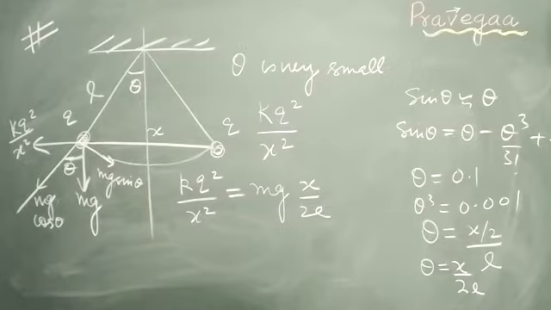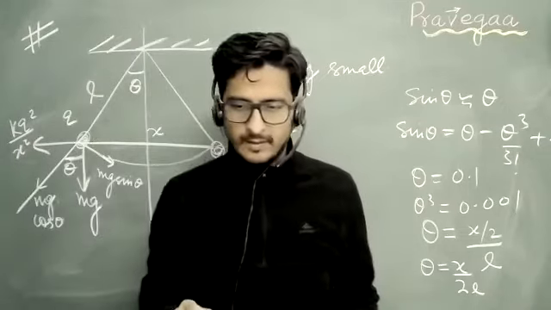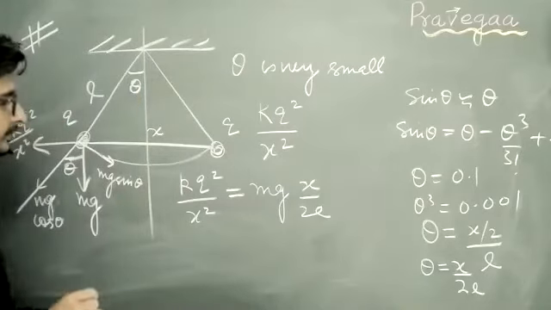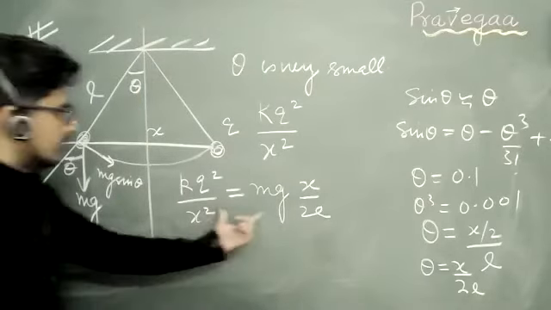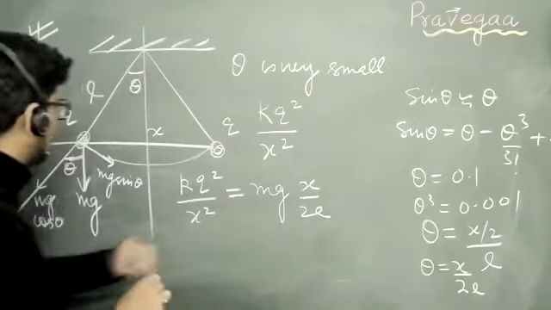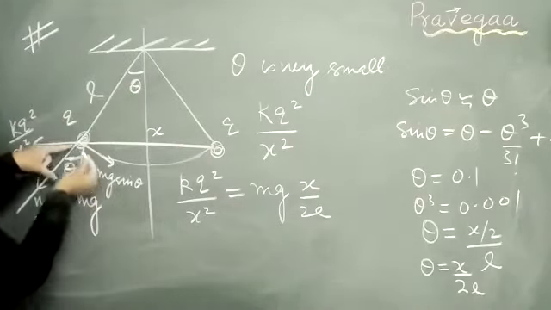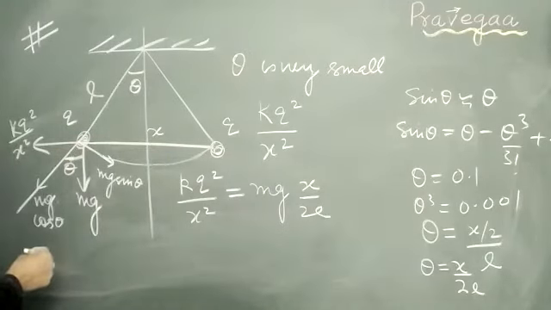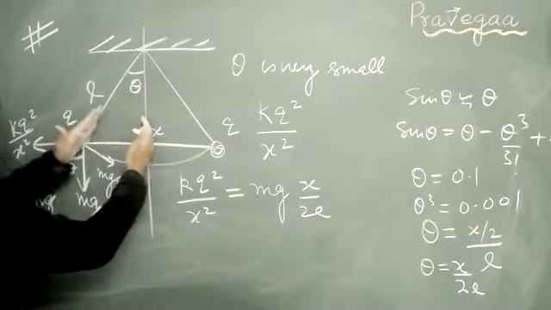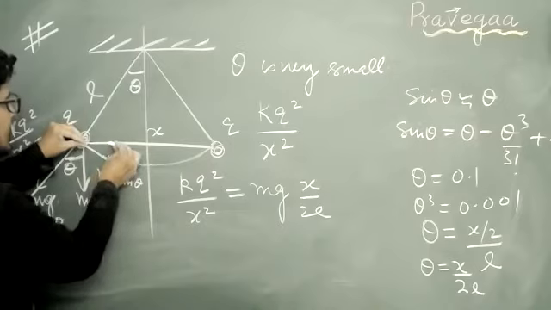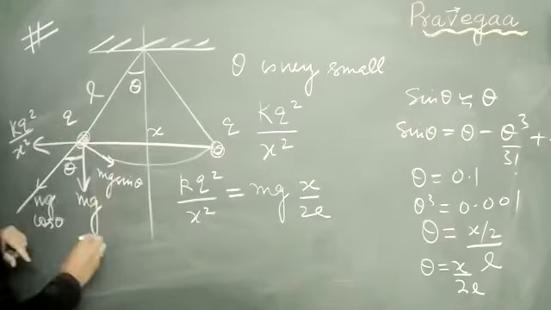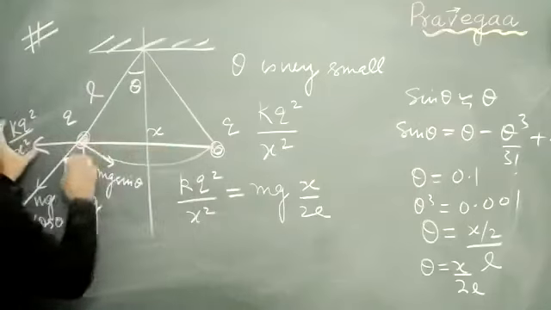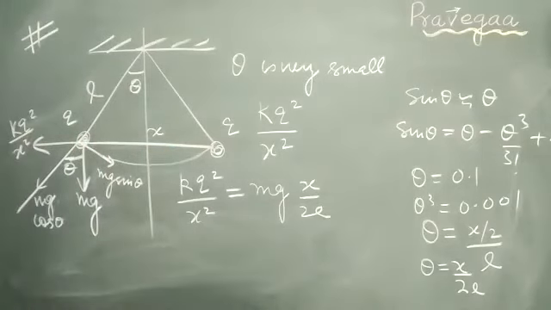MGL. Hello? Okay. Sir, how did this come, the last line you wrote? Please understand. I am saying this theta is very small, so almost mg sine theta is towards this direction, right? If you make theta very, very small, this will be very, very close to this direction. So I am just taking this to be a straight line and this force is balancing this, just as an approximation.